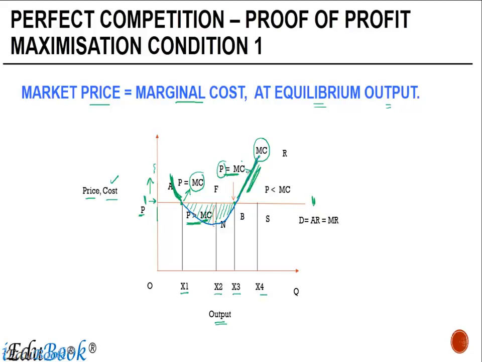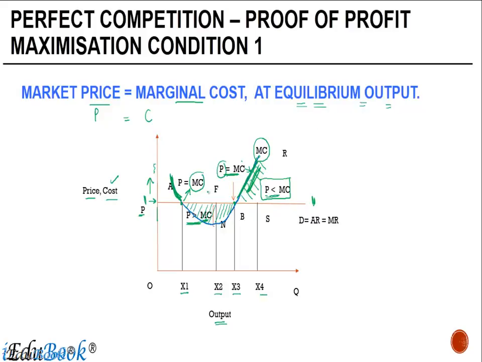So this marginal cost is greater than the price. We need to prove that the price is actually equal to the marginal cost, and that is where the equilibrium